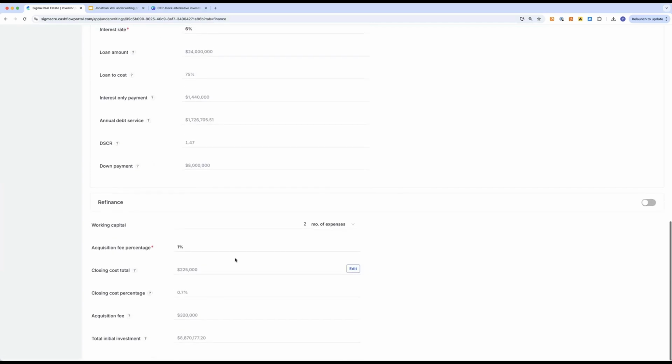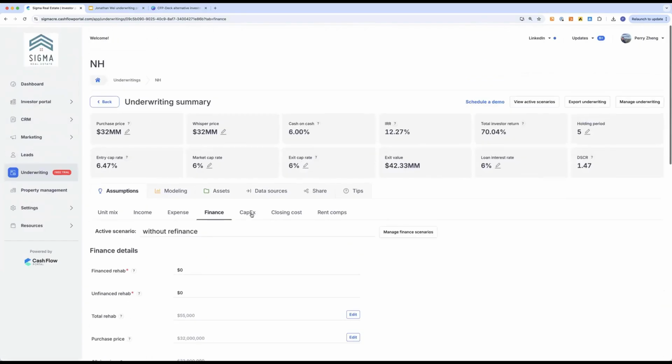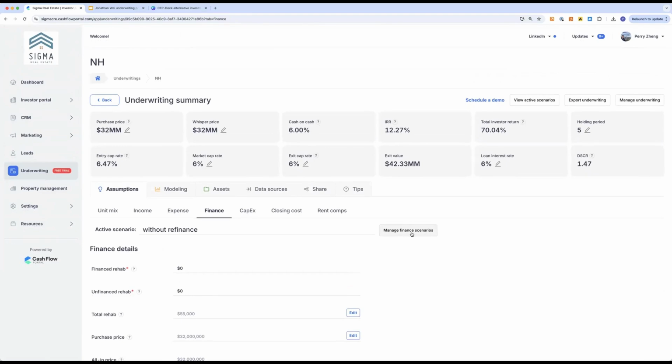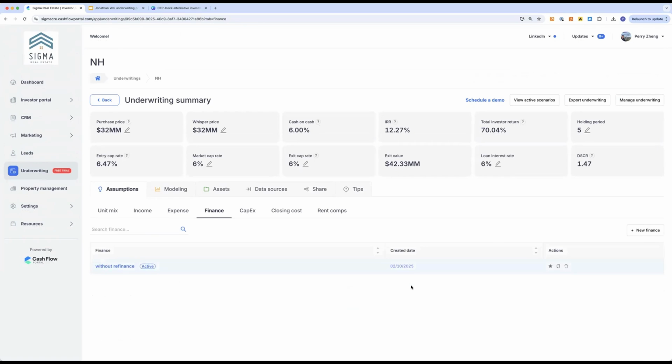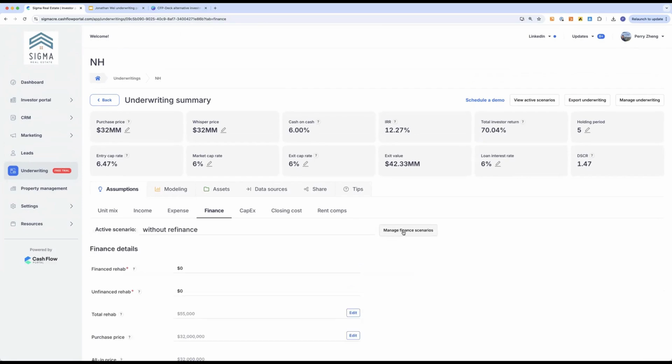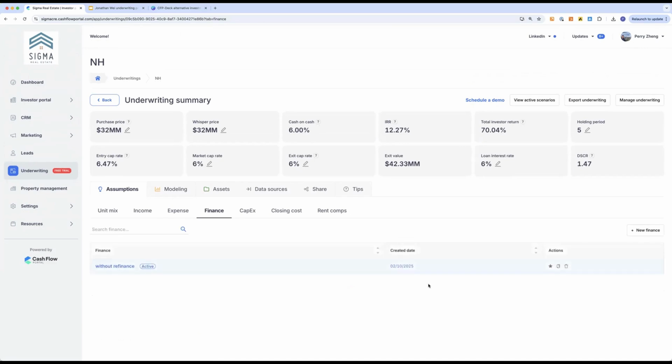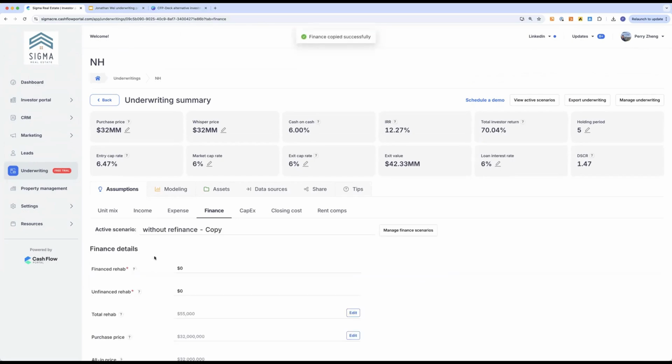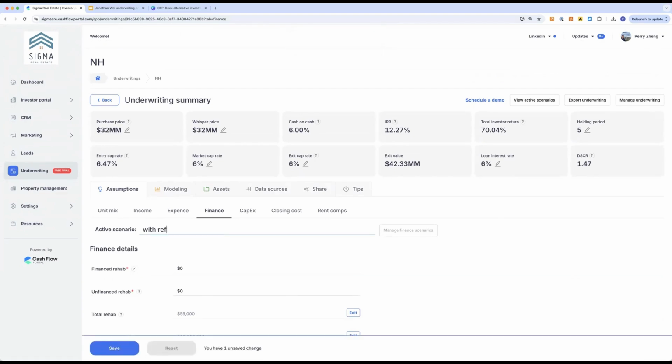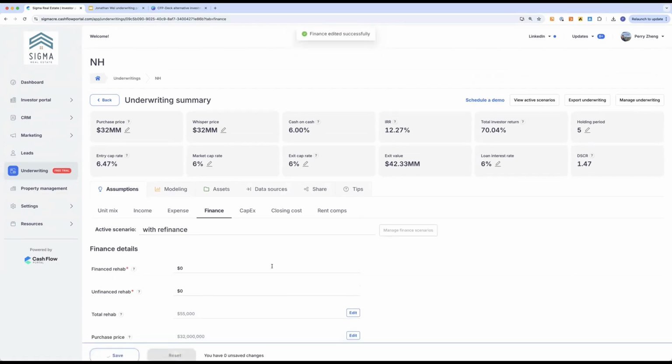Okay, cool. Now here is something I will also do. Let's say you want to do a refinance on the third year. Typically the way you do it is you create a different spreadsheet and you have different formulas and so on. The way we do it is you basically will click on manage finance scenarios. Then you're gonna make a copy of the scenario. Then you click into it and you can call this thing refinance. You can call it whatever you want.